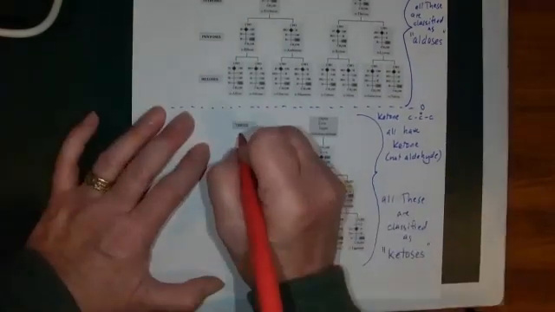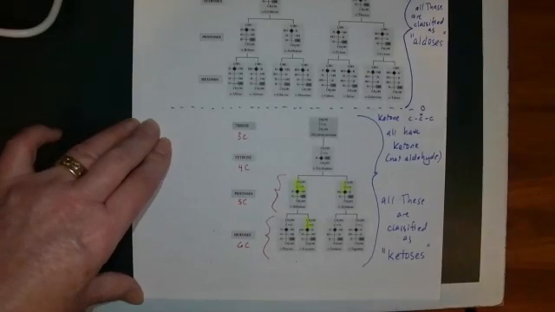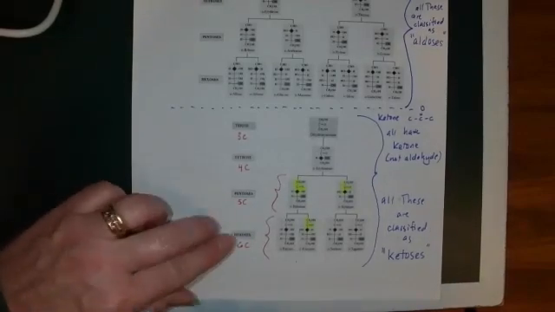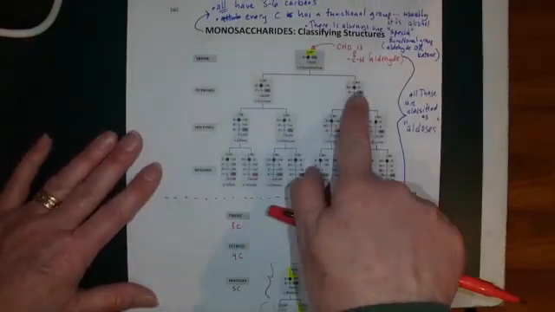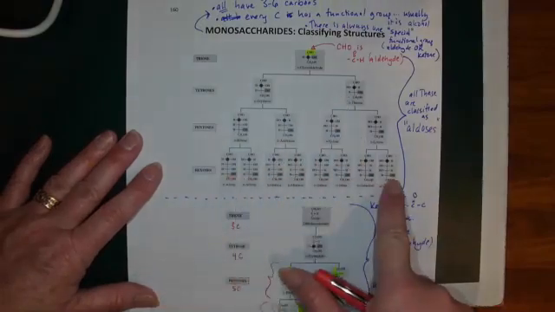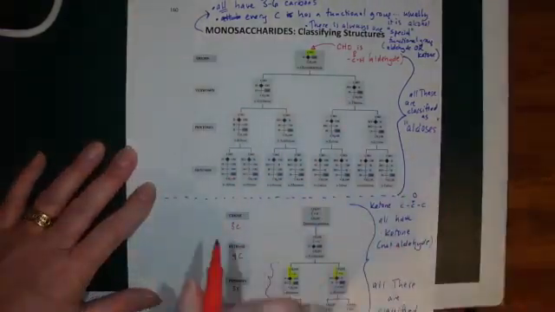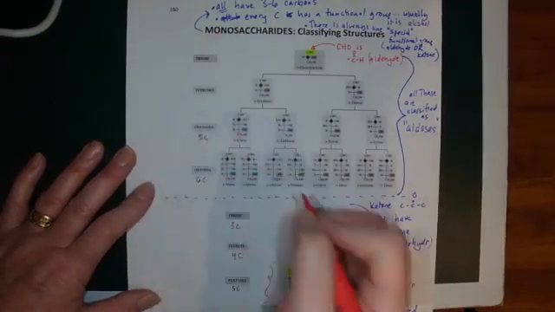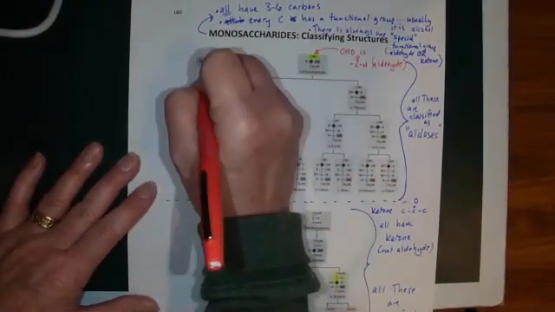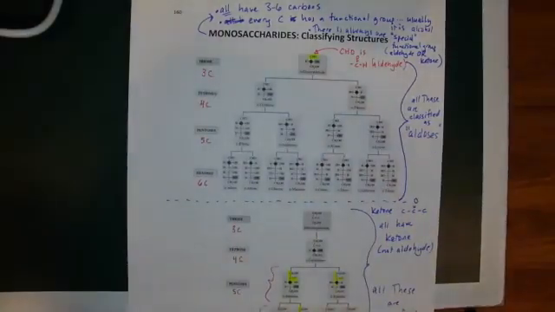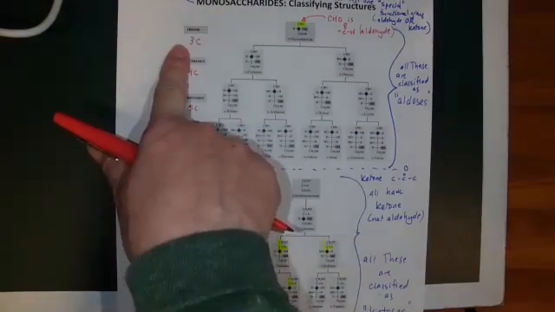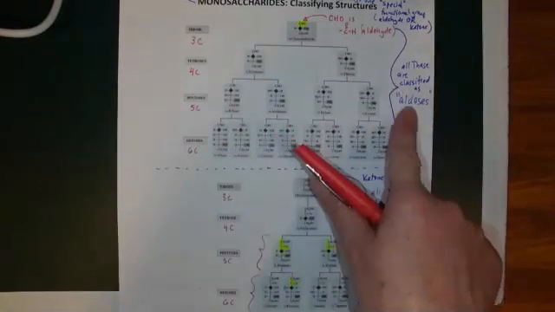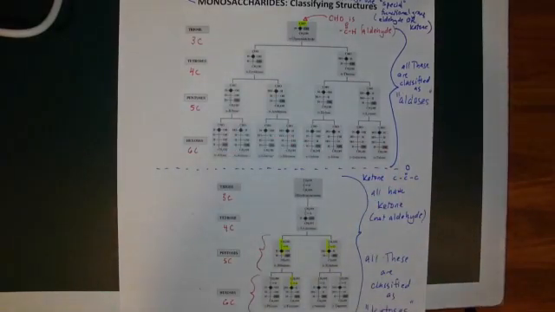Same with tri. That's true and that's true, but I will tell you that most of the sugars that we encounter in our body chemistry have 5 or 6 carbons. So pentoses and hexoses are more common. In fact, you can see that there's only 2 examples of tetroses up here, but there are 8 examples of hexoses down here. So again, hexoses have 6 carbons, pentoses have 5, tetroses have 4, trioses have 3, and you can combine those 2 types of classifying, number of carbons and functional group, to identify a sugar based on both.